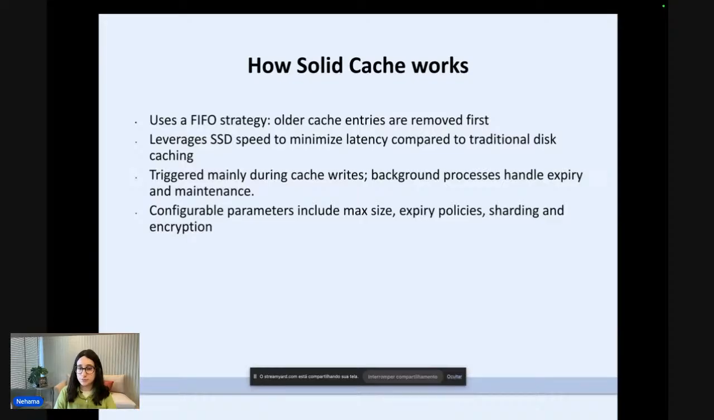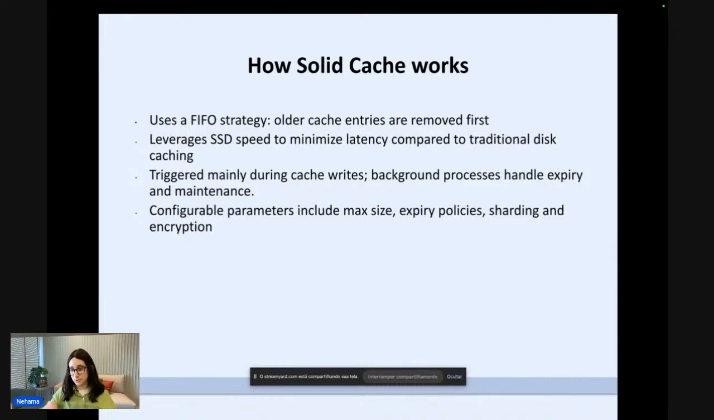If you still need ultra fast data, then it might be worth it to use the memory cache. But if it's for example for views caching, or some other things, it might be worth it to use the Solid Cache. It's triggered mainly during cache writes. Background processes handle expiry and maintenance. So it means if your cache is idle, it's not going to be triggered just for the expiry. Once you trigger it for writes, it kind of takes the opportunity to already